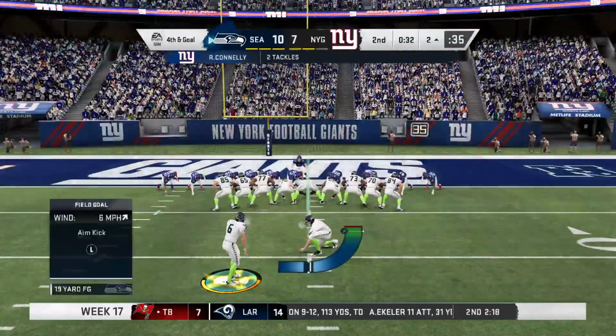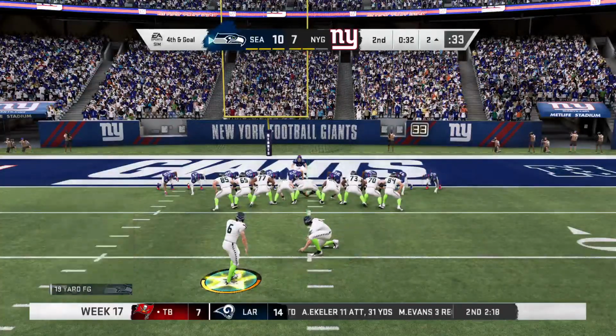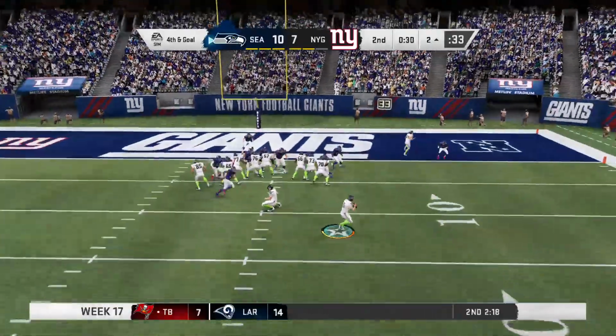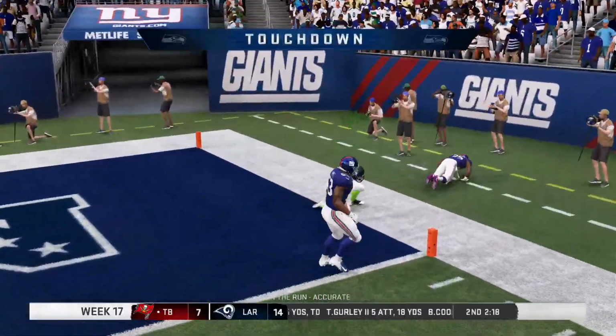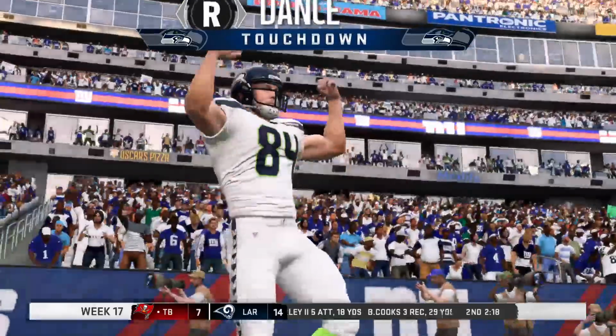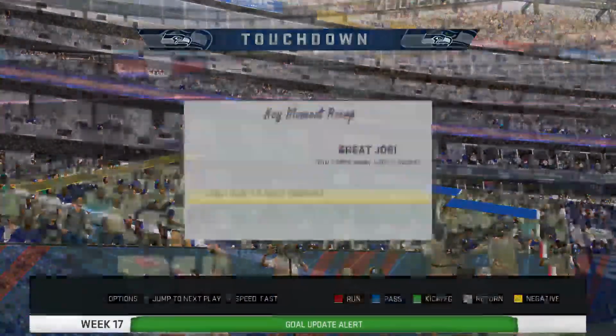So out comes the field goal team now for the 2nd time here today. Oh, they flip it to the kicker. He looks like he's going to throw it. The fake field goal catches everyone by surprise. And the Seahawks are able to...